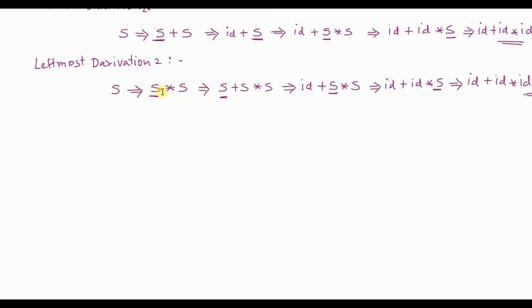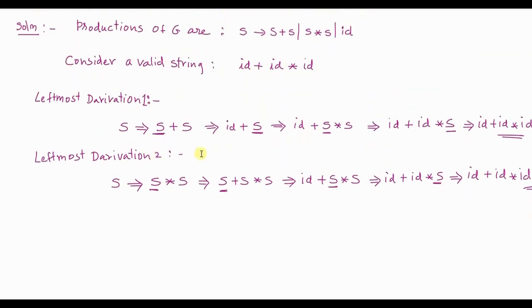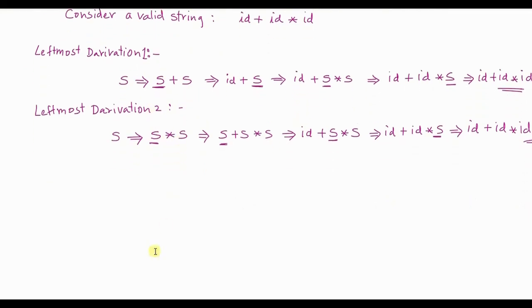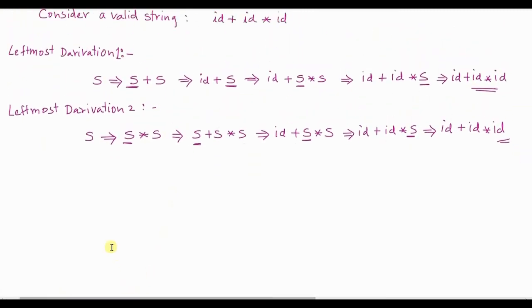As you can observe, for the same string ID plus ID into ID, there are two leftmost derivations possible. I have not tried rightmost derivations. You might even get more than one rightmost derivation. So therefore, possible parse trees are